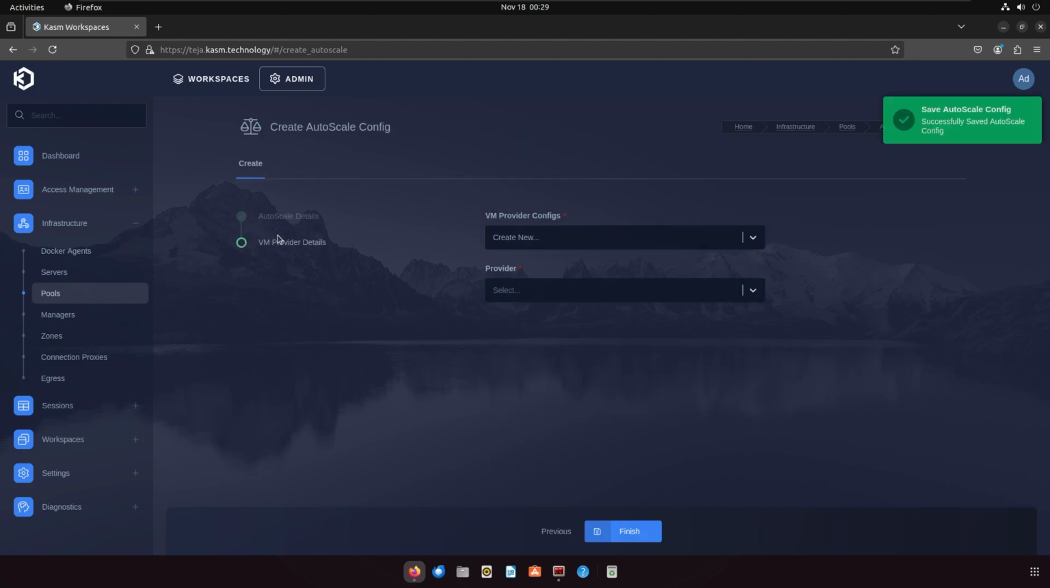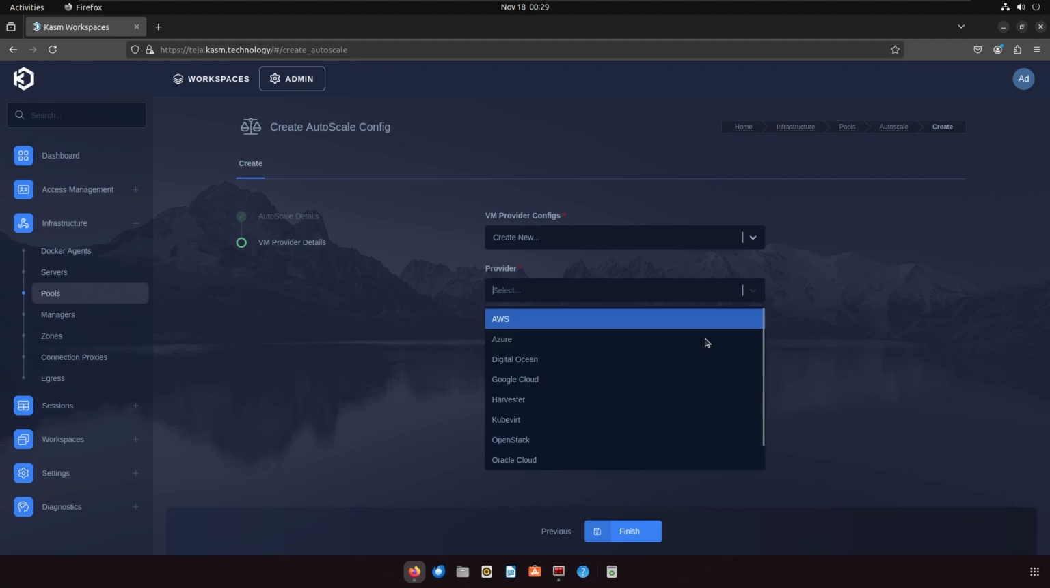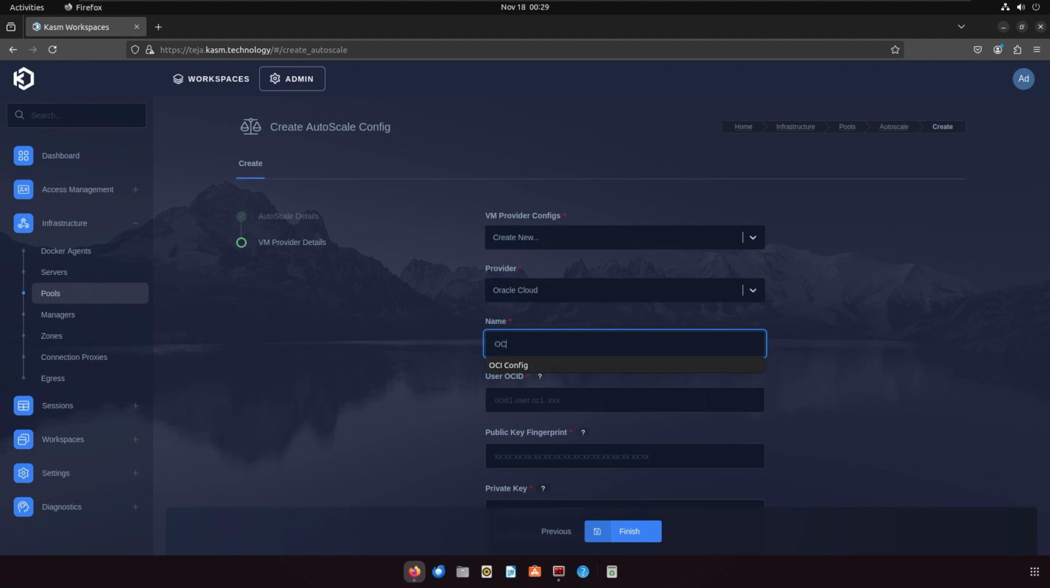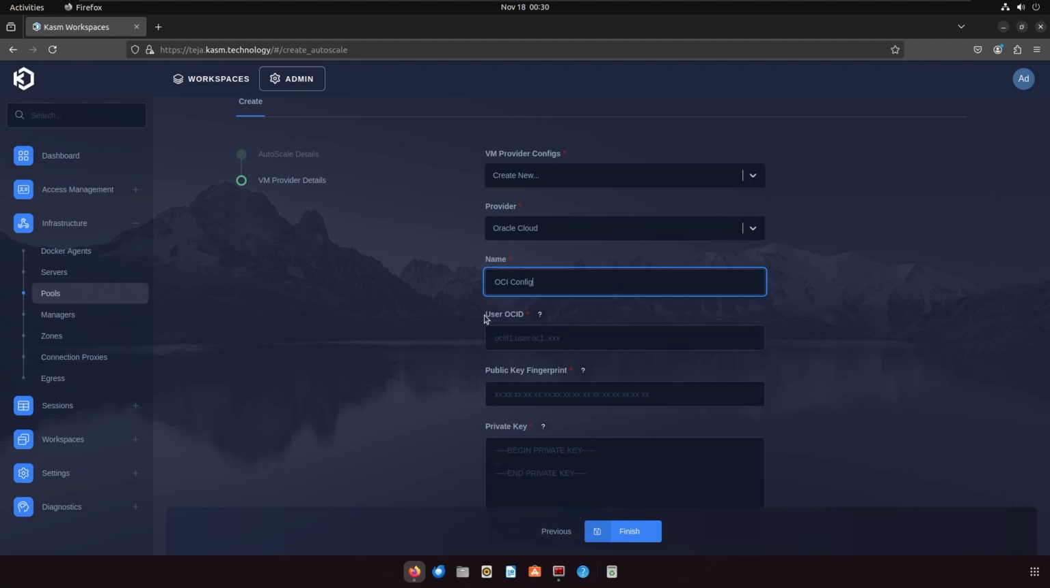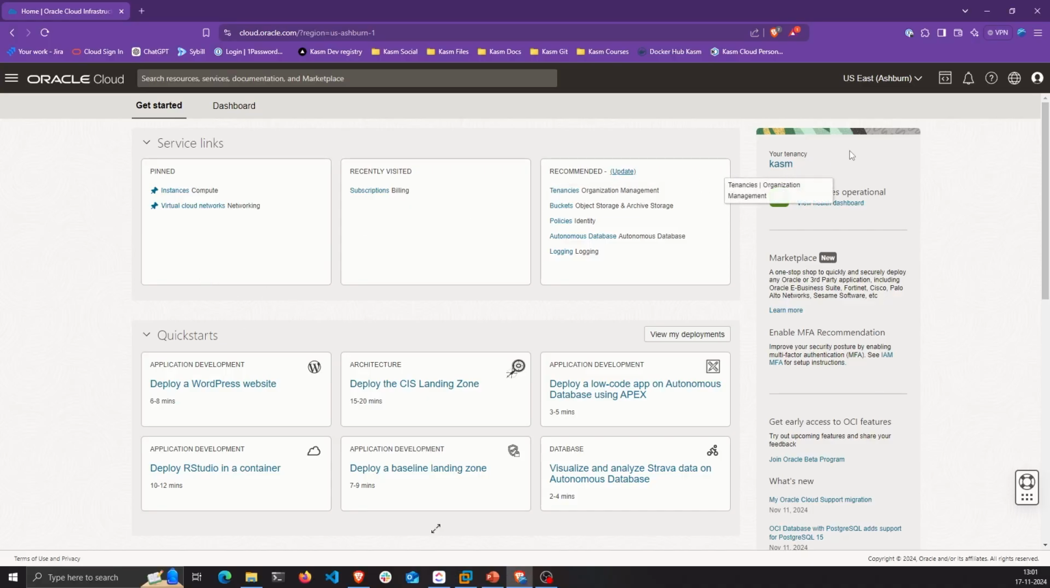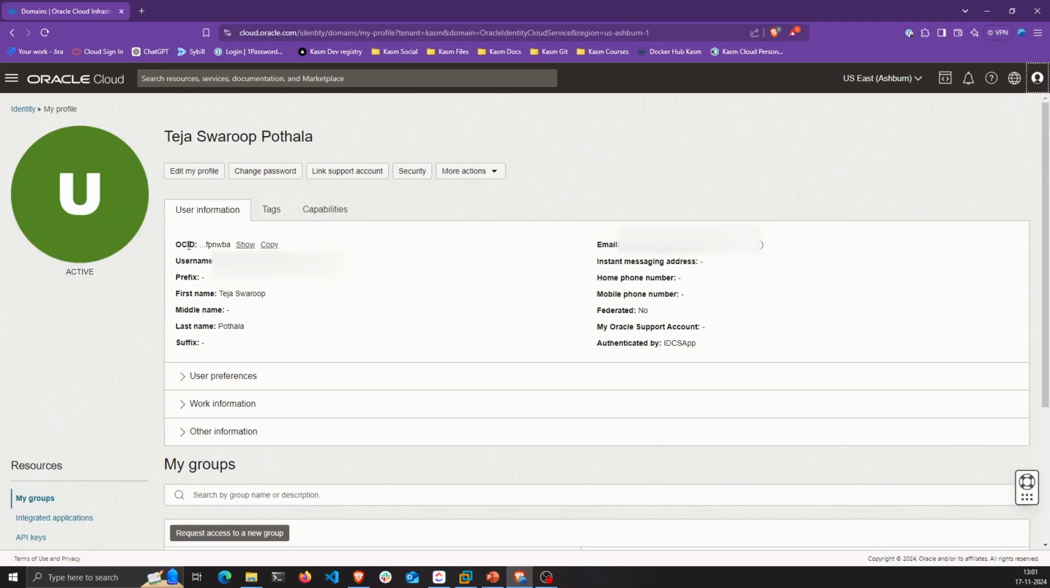And this will now take me to the VM provider configuration. Over here, I'll choose the provider to OCI or Oracle Cloud, and I'll name this as OCI config. And then here comes the OCI specific settings. To find your user OCI ID, just log into your OCI dashboard, go to your profile, and you can find your OCI ID over here. So just copy it